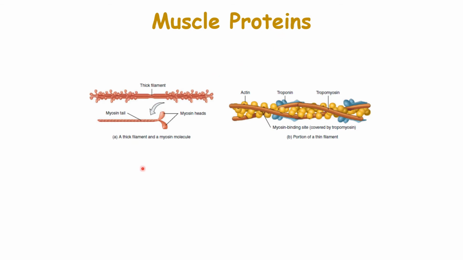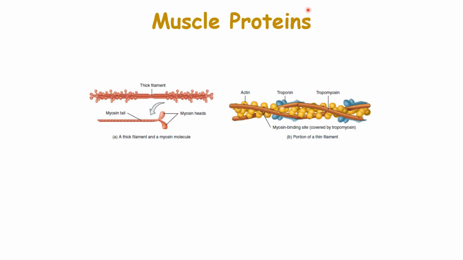The two contractile proteins in muscle are myosin and actin. Myosin is the thick filament, actin is the thin filament. They are components of the thick and thin filaments respectively. Myosin functions as a motor protein in all three types of muscle tissue, that is skeletal muscle, smooth muscle and cardiac muscle. Motor proteins pull various cellular structures to achieve movement by converting the chemical energy in ATP to the mechanical energy of motion, that is the production of force.